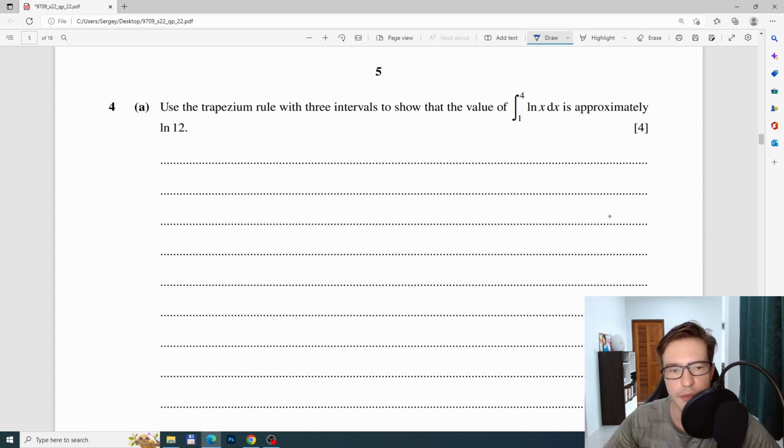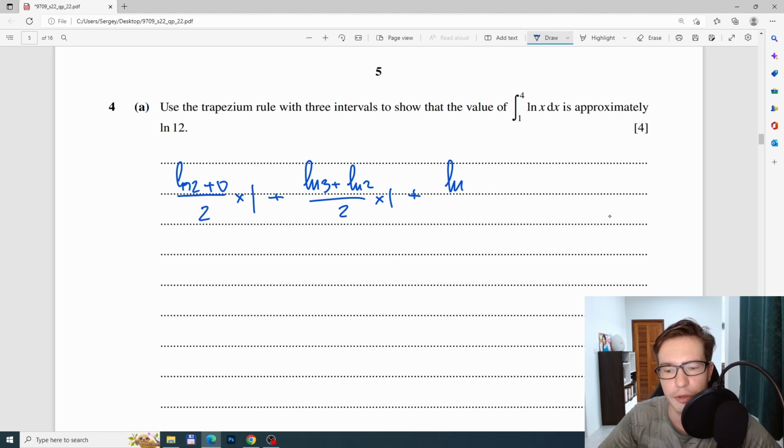Okay, so the first trapezium is going to be log 2 plus 0, that's the first base, over 2 times 1, so it's actually a triangle, plus log 3 plus log 2 over 2 times 1, plus the last trapezium, log 3 plus log 4 over 2 times 1 again,